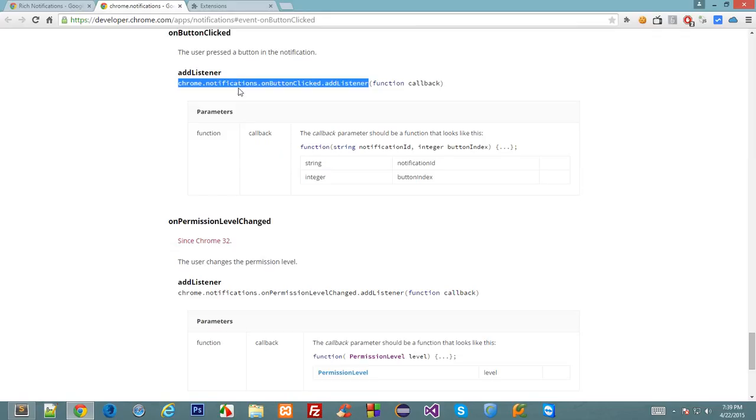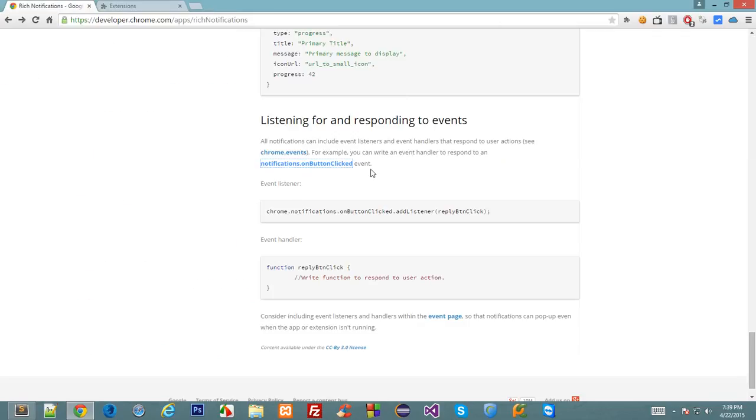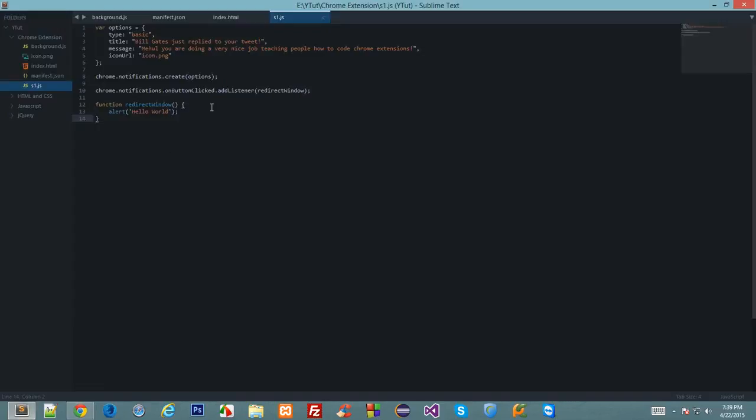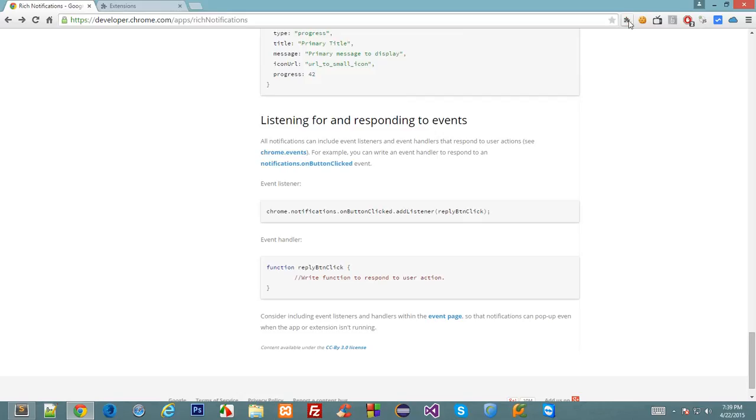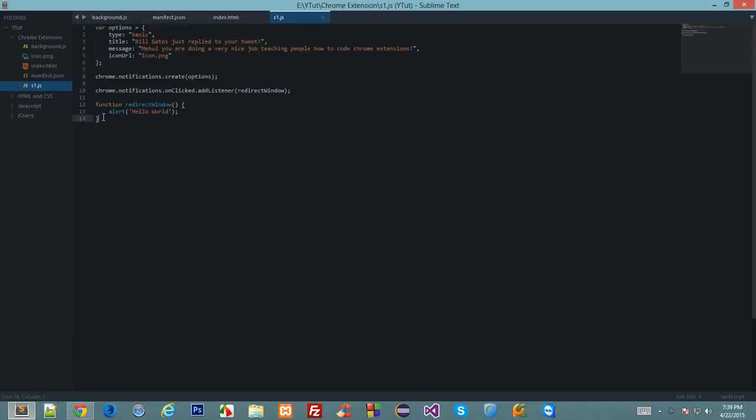And I guess this is basically for the event which is fired when some sort of button is clicked. So this should be, instead of onButtonClicked, onClicked. So now let's reload this, let's click here, and let's click on this, and we got a hello world alert box. So that's how we create and attach an event listener to your Chrome notification pop-up box,